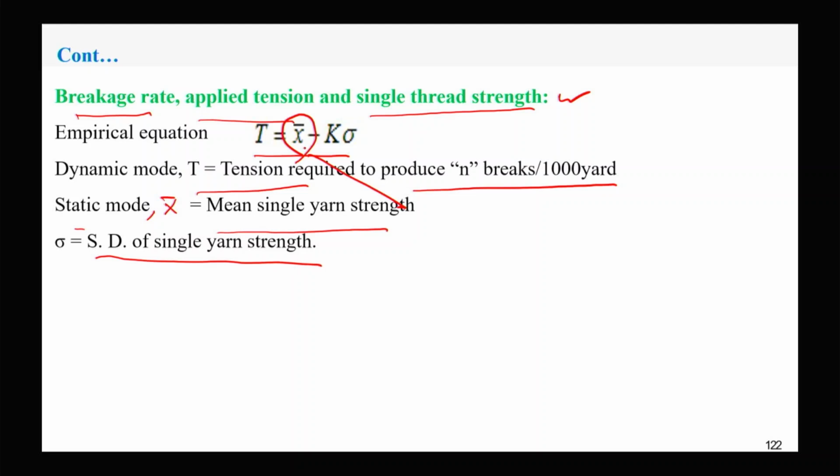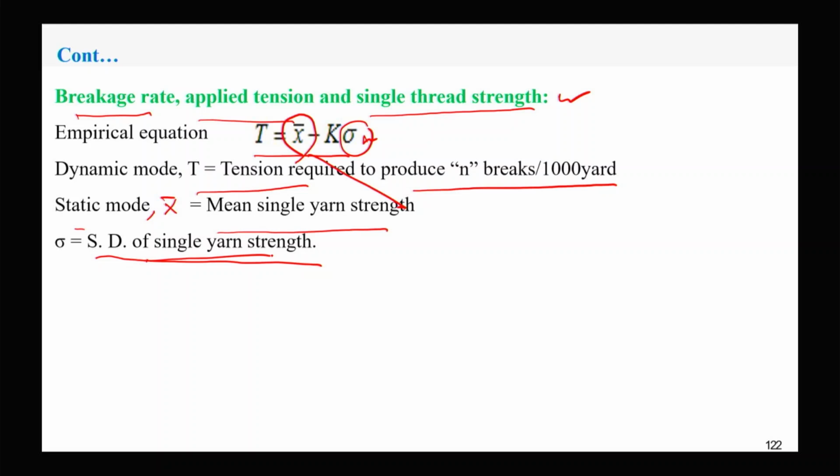So dynamic strength and static strength are related by this relationship, where sigma is the variability of the